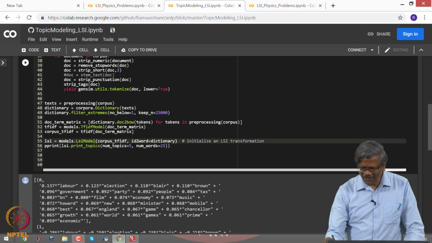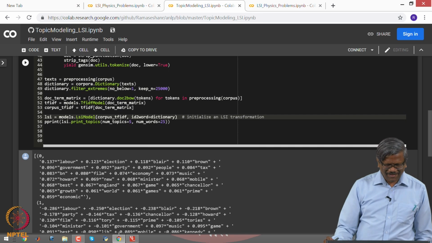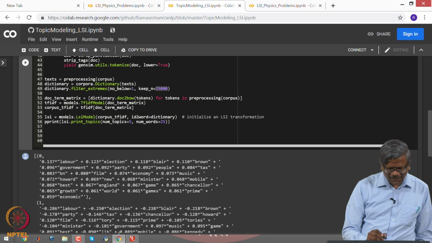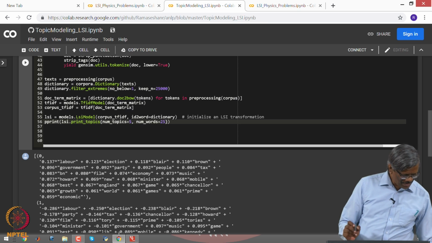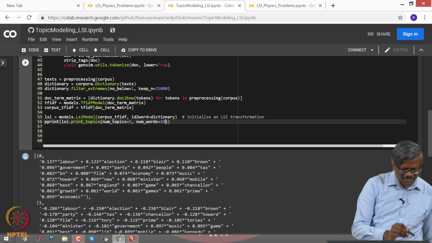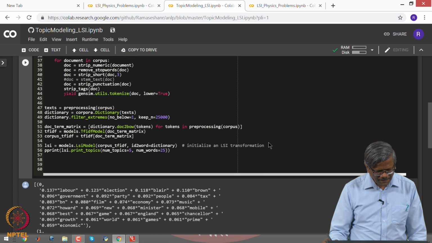The way you want to do it is, I'm going to leave this again as an exercise that will also help you learn this library. Keep changing these values here, n, and then here the number of topics, the number of words. So let's see if I can reduce the number of words to, let's say, 10 and see what happens.